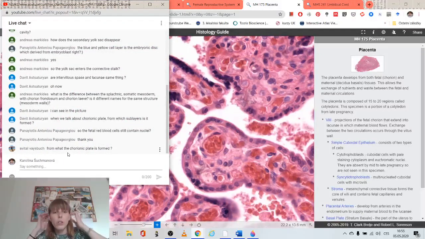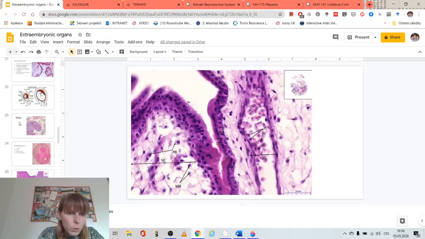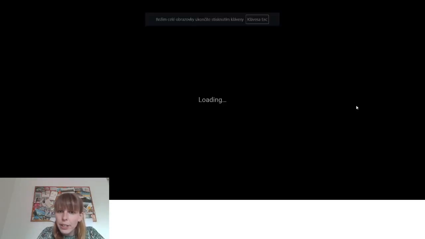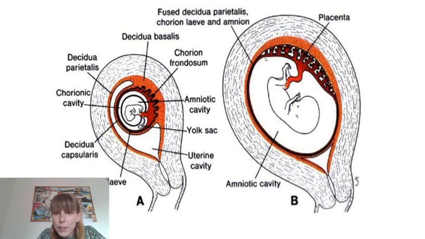So the chorionic plate is part of the chorion. That's just not forming villi. So if we go back in the presentation to the nice picture here, you can see that there are the villi, but they come from this flat part of the chorion. So it's again extraembryonic mesoderm being lined with the syncytiotrophoblast and cytotrophoblast